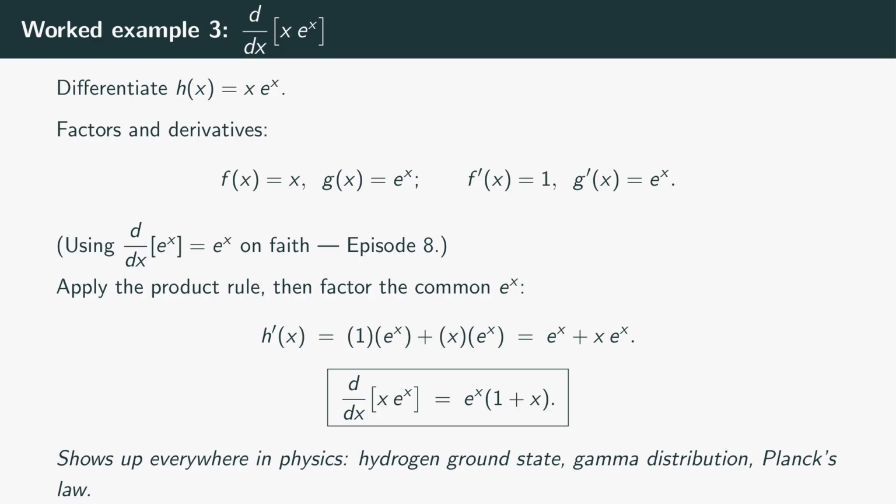Product rule, f prime g plus f g prime. 1 times e to the x plus x times e to the x. Factor out the common e to the x and you're left with e to the x times the quantity 1 plus x. That's the derivative. Notice the derivative carries the same e to the x factor, a clue that the exponential will dominate the function's